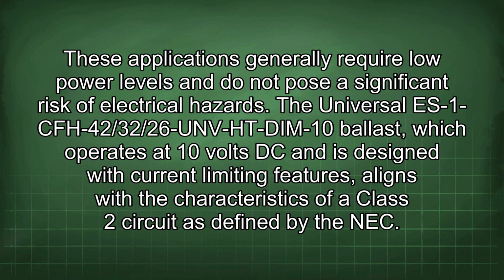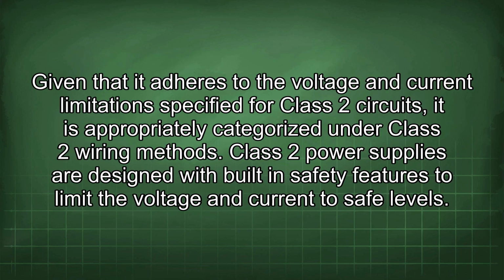The Universal ES-1 CFH-42/32/26 UNVHC-DIE-10 ballast, which operates at 10 volts DC and is designed with current-limiting features, aligns with the characteristics of a Class 2 circuit as defined by the NEC. Given that it adheres to the voltage and current limitations specified for Class 2 circuits, it is appropriately categorized under